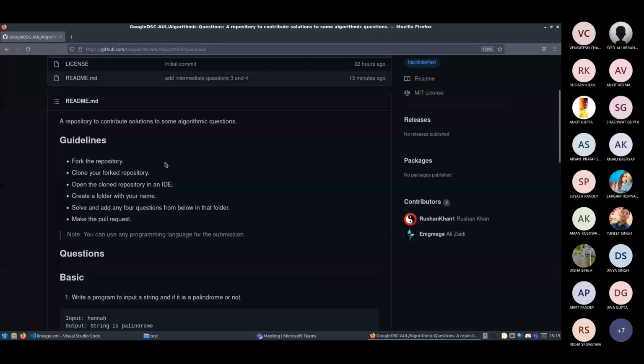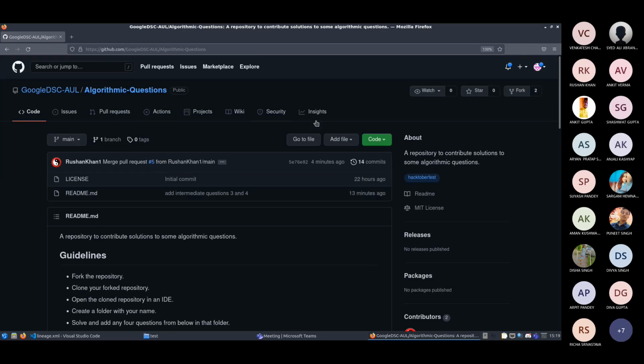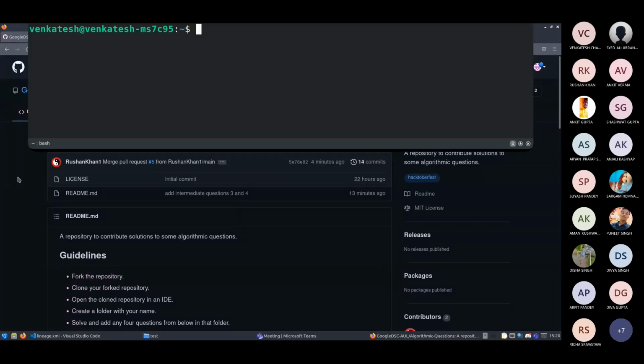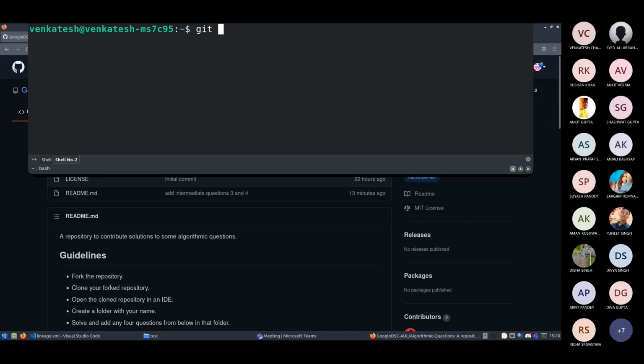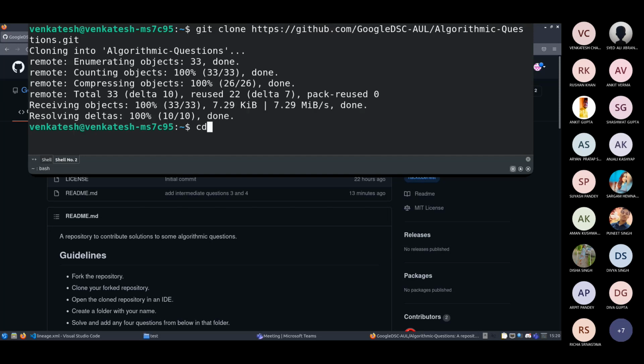What you have to do in this session is that I will tell you how to use Git, and you solve these questions and upload the solution, the code, to a fork of this repository, and I'll tell you how. First of all, we click here and copy this URL. You can also copy the URL shown on the address bar. Then we go to Git and type git clone followed by the repository URL, and we press enter and it starts cloning. Then let's go to the repository folder.